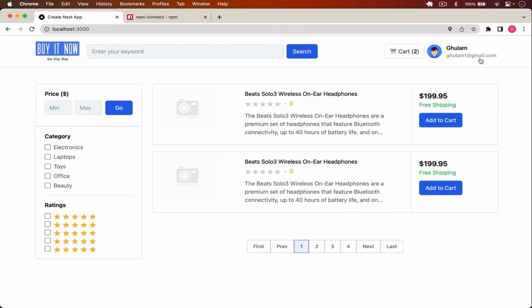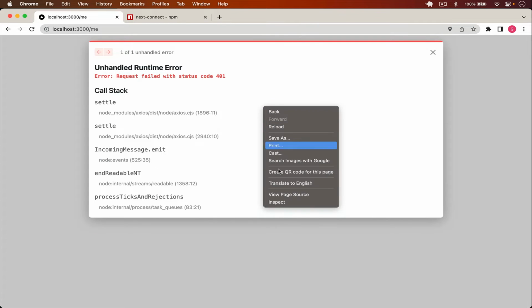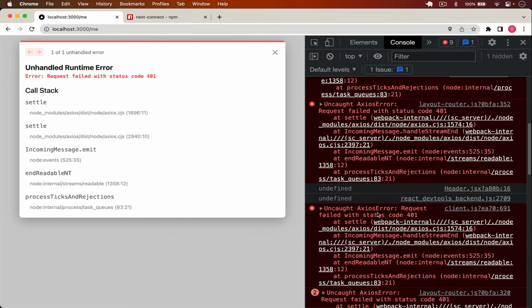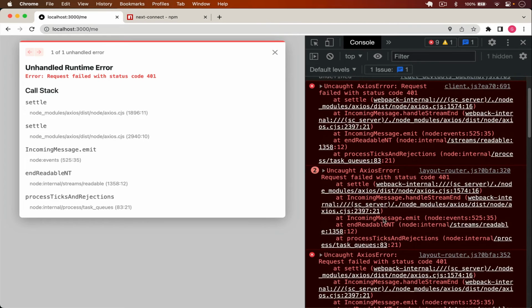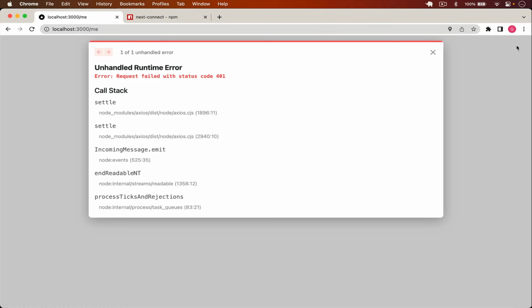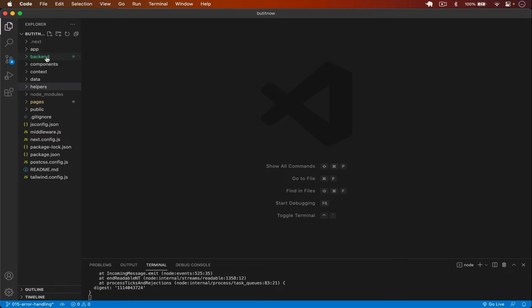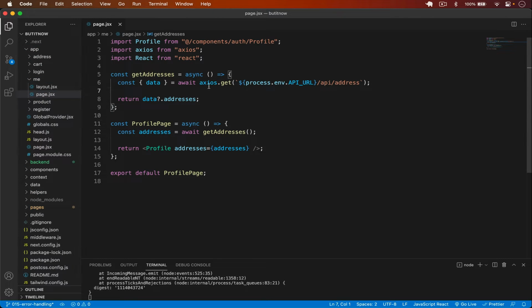So now if I go to this, you can see that we get a 401 request error, because now the addresses route is protected. You can see the Axios error 401 for that route. So this means that now we have to actually pass the cookie or the token with the request. If I go here in the me/page, here we are simply using Axios to send the request to get the addresses from the backend, but we know that this is a protected route, so now we have to pass the